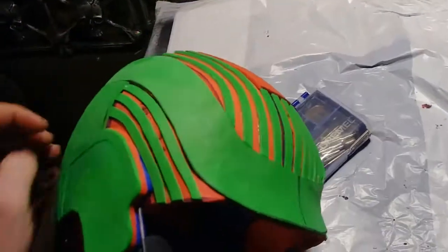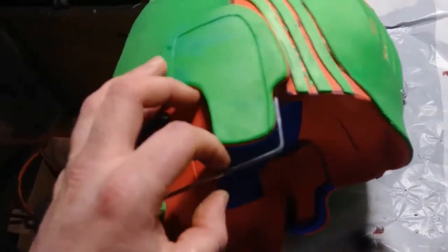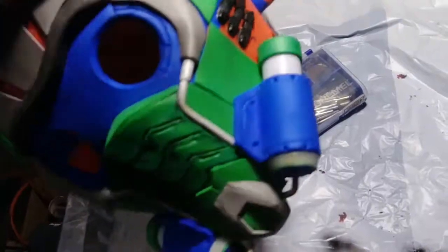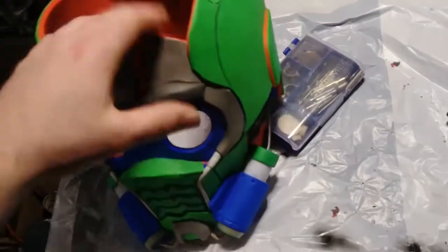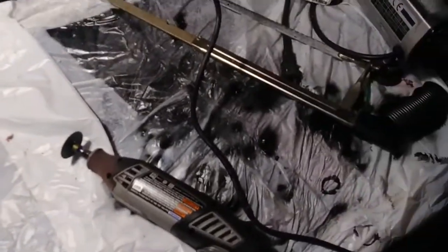Okay, so the next thing I did was I put in this steel rod here. Now I can't tell you what gauge this is or where to get it because I didn't buy it. Like most of the things on this particular mask, like these tubes for example, or like the white tubes on the side here, I scavenged all this stuff. Like, yeah, I bought the foam, yeah, I bought the valve caps or whatever. But as far as this, I just scavenged this. But what it actually came from was